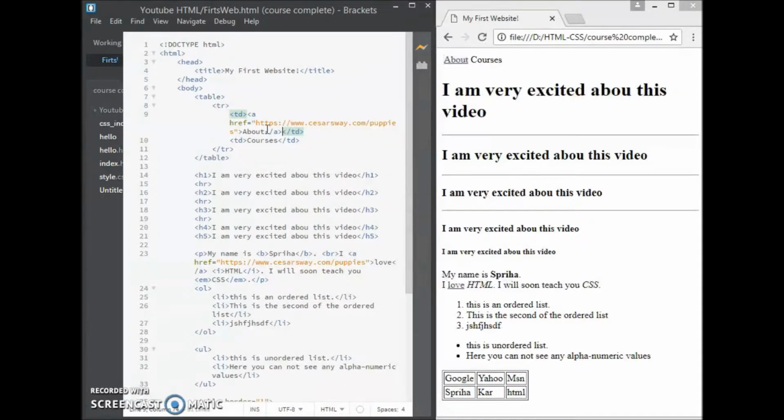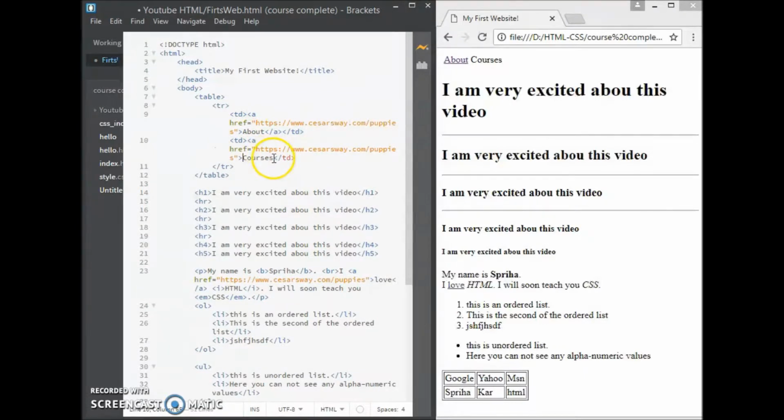Okay, I save it. Now see, it has got a hyperlink. So if I click it, it will redirect me to that particular page. Now I have created about, I have created courses. I can do the same thing here as well. I put a link and close the a tag. The next thing we want to do is that,